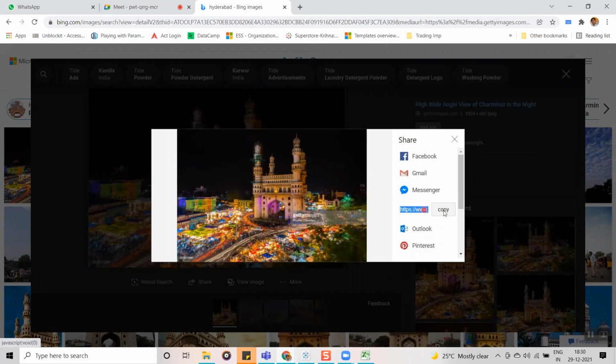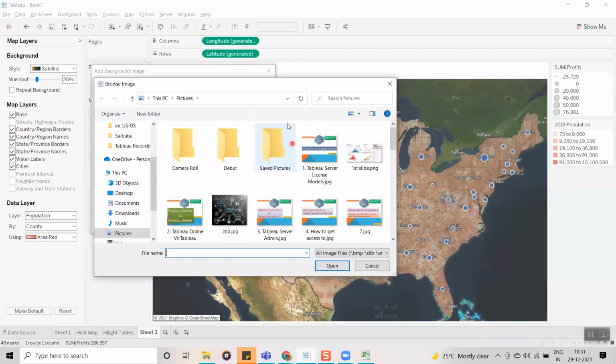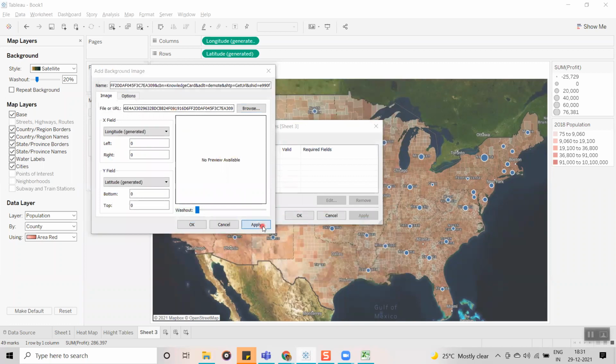Yeah, here I got the URL. Copy. Let me try here. I am not sure whether it will work or not. Just click on browse. Once you click on browse, it comes here only. Now let me click on apply.